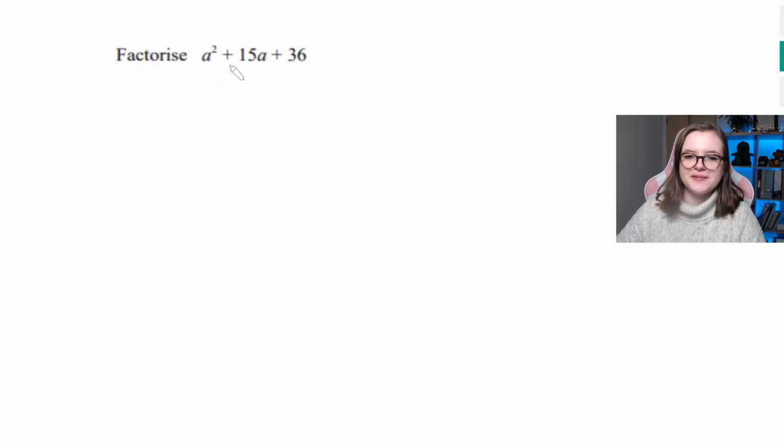Factorise a squared plus 15a plus 36. So this is your classic quadratic equation. You've got a letter squared plus a number and the same letter plus another number. So that is a quadratic, and with those you always factorise. Well, most of the time. So to do that, you multiply to get the last number, which is 36, and you add to get the